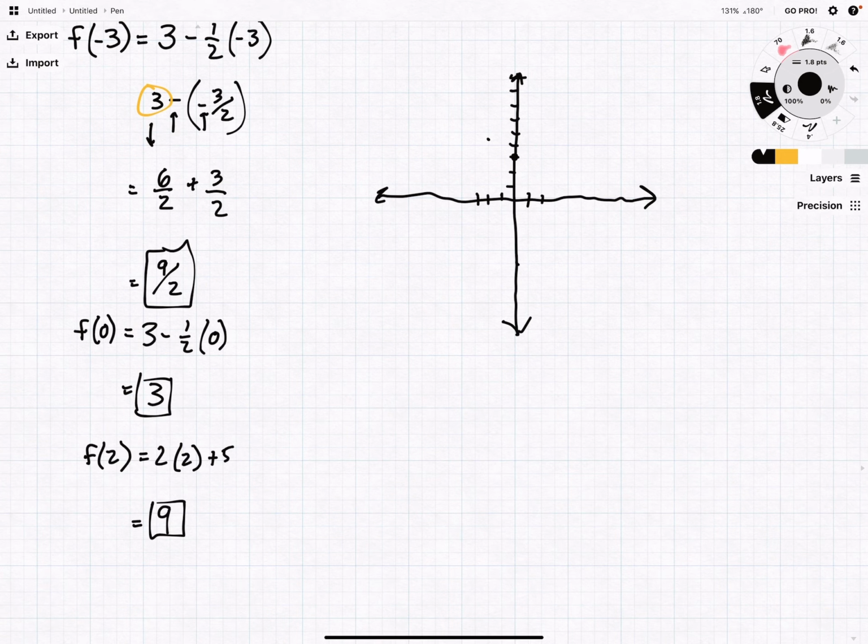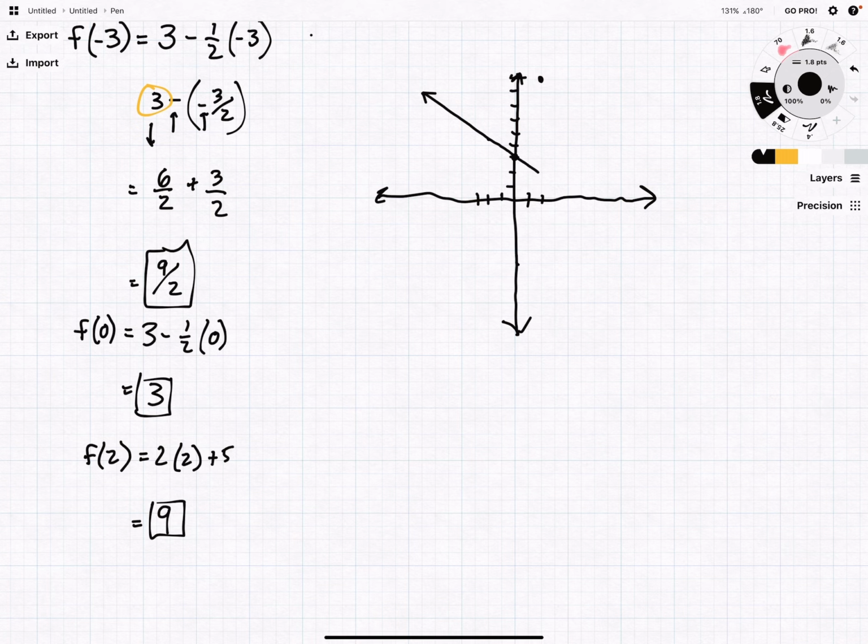And now here's kind of the catch. At f of 2, right, at 2 here, goes all the way up to 9, so that's going to be right there. Now, this line that we have, part of our first piecewise function, this is going to stretch all the way